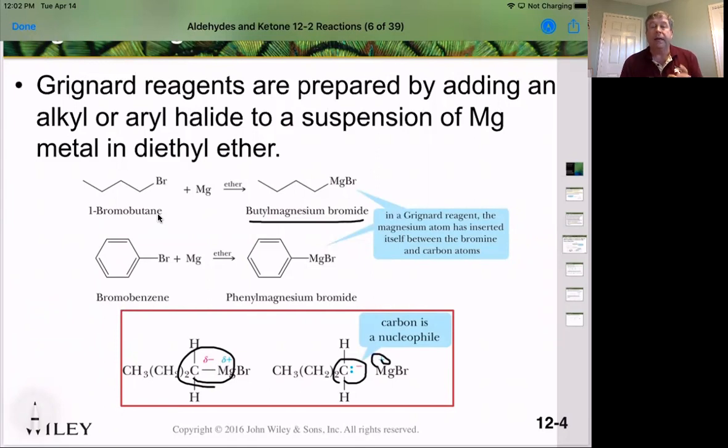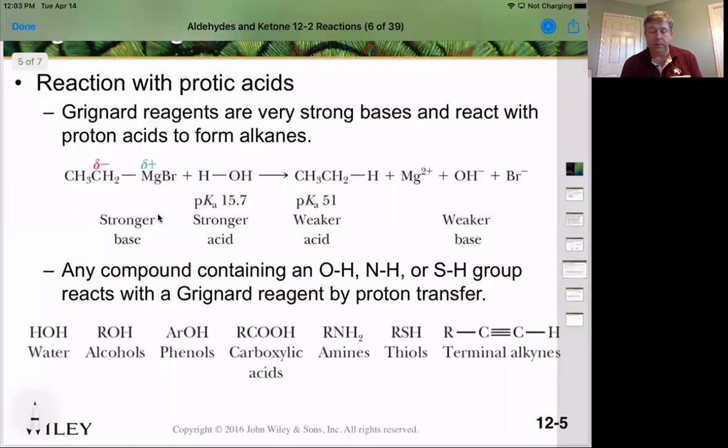Okay, we can make these Grignard reagents out of aromatics, aliphatics, and vinyl groups. And so we can make a wide variety of different Grignard reagents to make a wide variety of different new compounds associated with it. So now that we can make this Grignard reagent, and now that we know it has that anion on it and it wants to attack the carbonyl, let's see how it actually works, okay? So once we form this